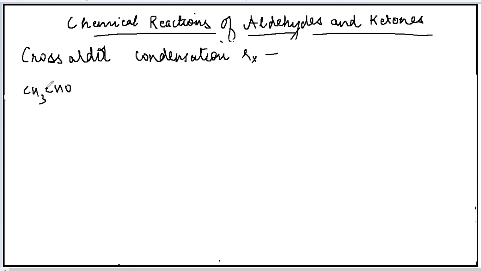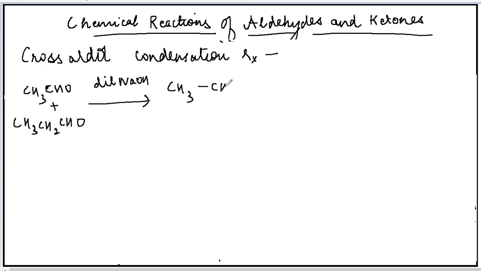So let's see the cross aldol condensation reaction between two different aldehydes. I have taken two different aldehydes, ethanal and propanal. The reaction will take place in the presence of dilute sodium hydroxide. Just look at the product. First, the reaction will take place between the two ethanal molecules. Okay, the reaction will take place between the ethanal molecules only. As a result of the reaction, I am just writing the final products here. I am not writing the mechanism, but I'll explain how these products are being formed. You can try it in your rough notebook.